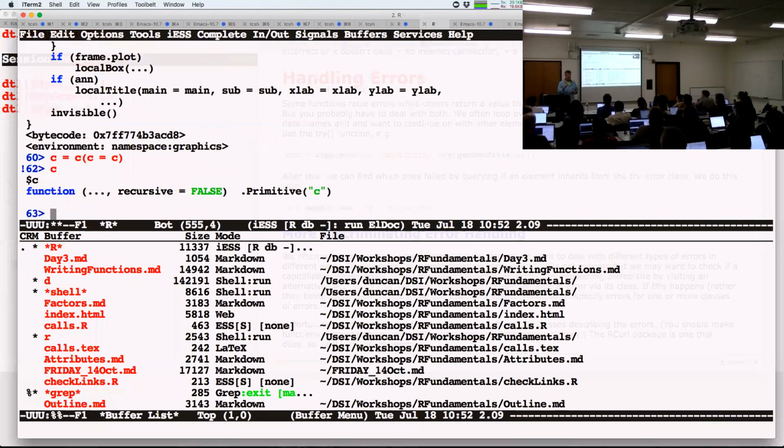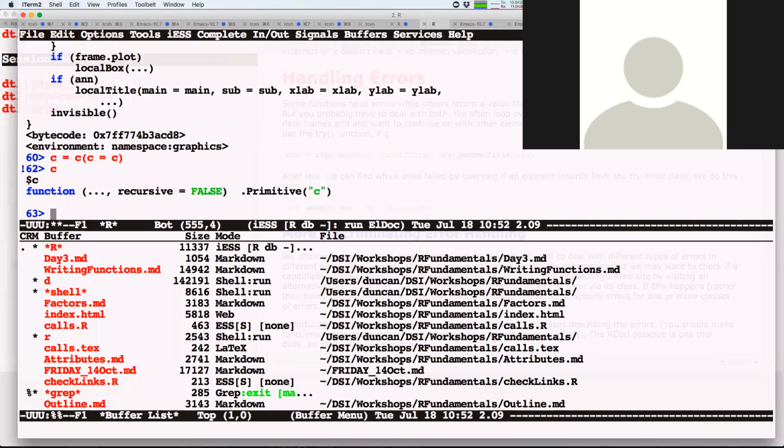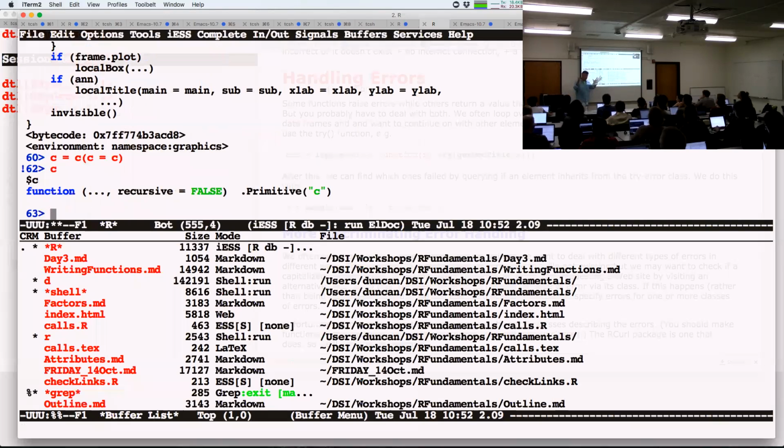So C, by the way, before I started this command, C was actually the concatenation function. There was nothing in my global environment called C. There is now, because I've assigned it here. Remember, R is going to look at this. It's a call, an assignment. It's going to be a call to equals, with two arguments, C and this thing. If I parse it, it's a call to equals with two arguments. Equals says, I couldn't care less about this. When equals is evaluated, it does the right-hand side first. This is lazy evaluation, so it goes ahead and evaluates this.